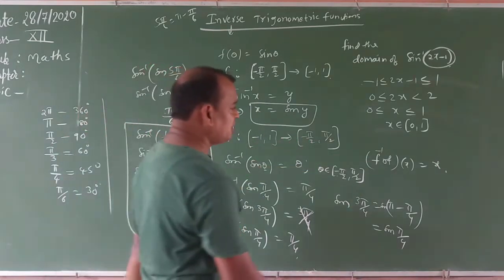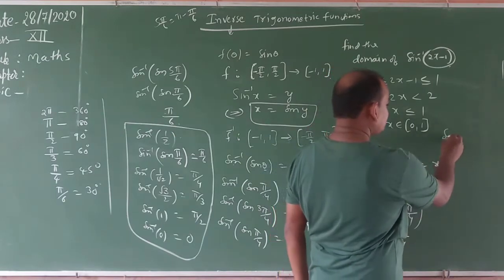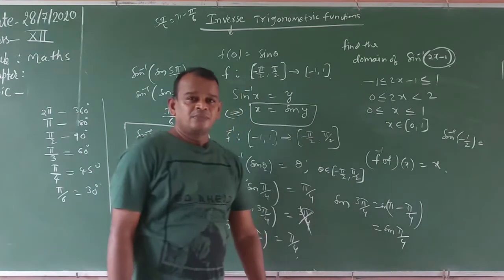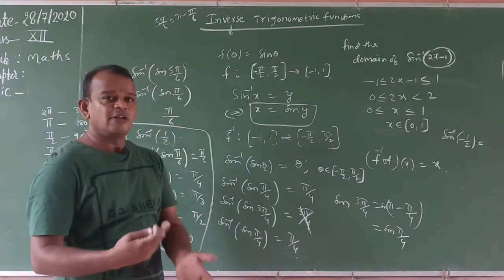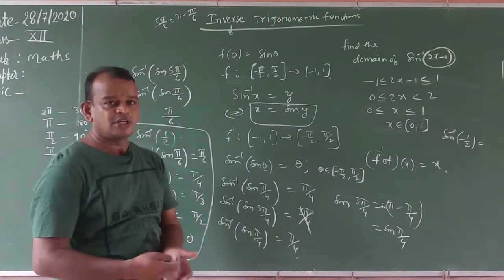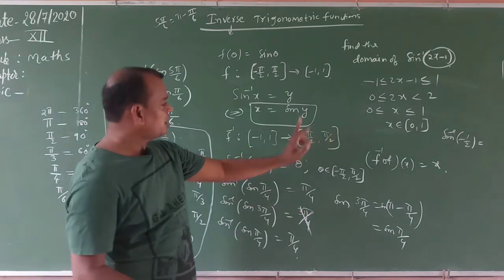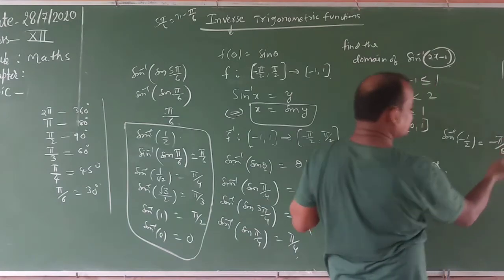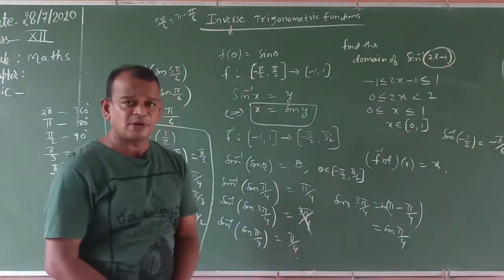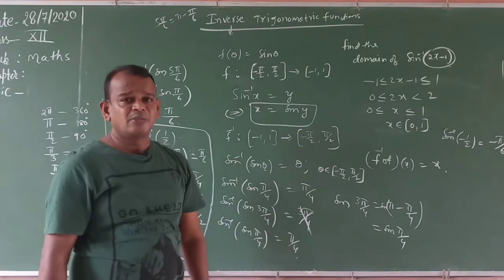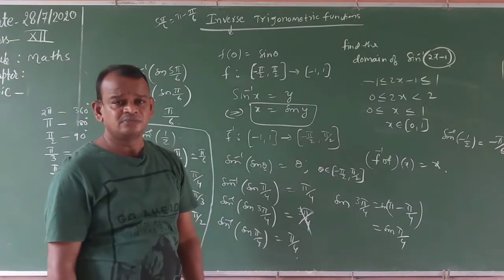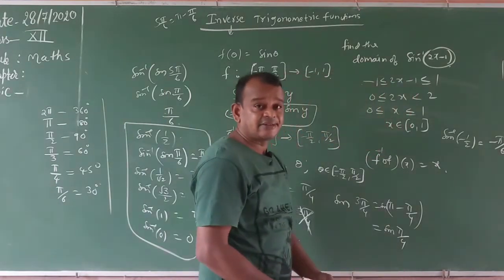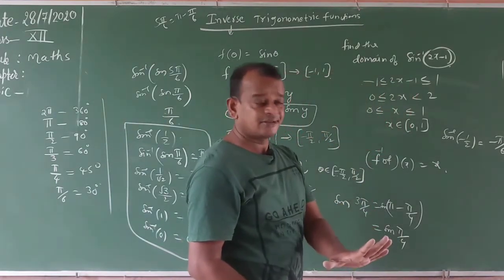Also, from the examination point of view, find the value of sin inverse of minus 1 by 2. Now, when you get 1 by 2, it is 30 degrees, which lies in the interval minus 90 to plus 90. The minus sign is there, so minus pi by 6. Sin inverse of minus x equals minus sin inverse of x, no problem at all. That equals minus pi by 6. Understood or not? Sin inverse of minus x is equal to minus sin inverse x. How?